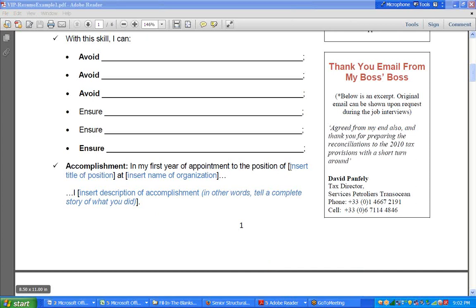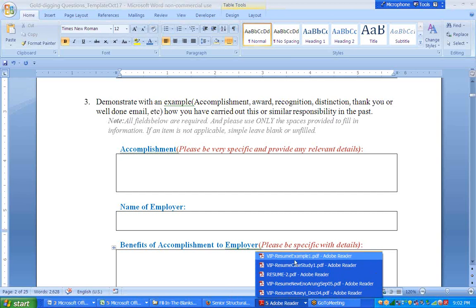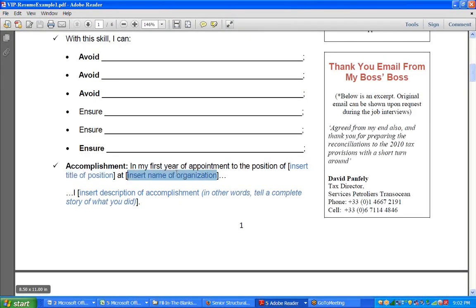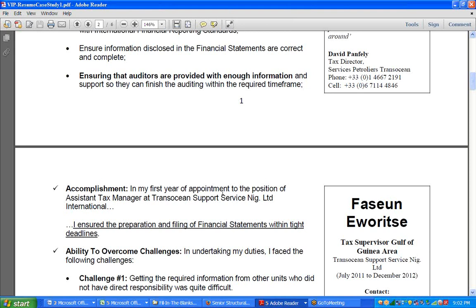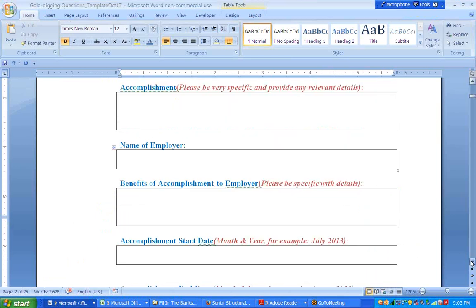Another thing that I've not talked about here is this one, insert the title of the position. So let me show you how you provide me that data. You see name of employer. Remember that in this example, there is insert name of organization. So how do I know that this guy was working for Transocean? If you look at the case study, it says, in my first year of appointment in the position of Assistant Tax Manager at name of company. So that data is coming from this part of the question, name of employer,